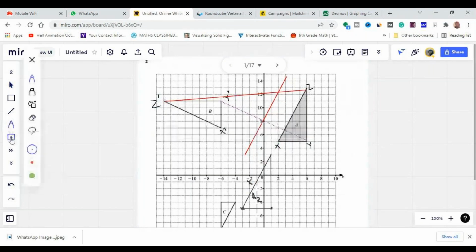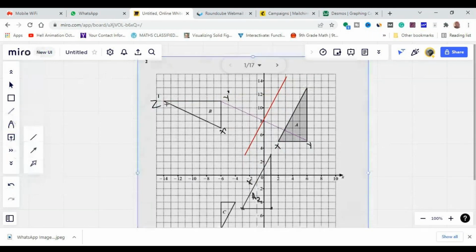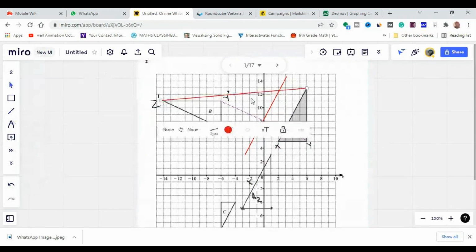Let me just remove this Z freehand, to redraw it. Once this is properly drawn, I'm going to